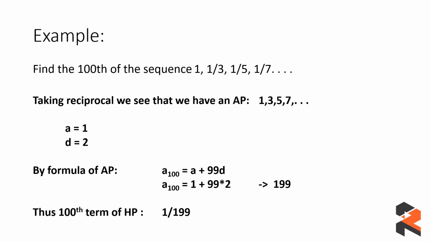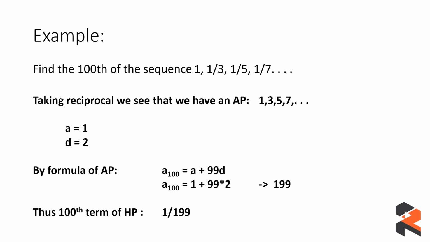So by the formula of AP, we are calculating the 100th term, because as we mentioned, if the progression is a harmonic progression, then we can convert it into an AP, perform operations on it as if it was an AP, and then convert our result back to an HP. So we are doing the same thing here. So the 100th term of an AP is calculated as A plus 99D from the previous slides. So if you have not watched it, go and check it out. And then we have the 100th term, we calculated it, and just take the inverse of it. So we have 1 upon 199. That is the 100th term of our HP. That's it for your harmonic progression.